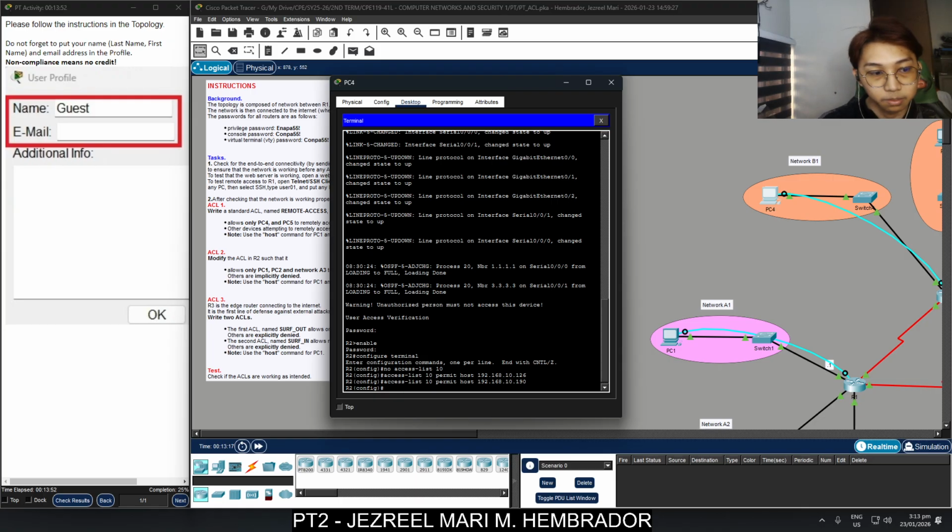And then access-list 10 permit... oh, there's no host, so we're going to delete that. So that's 192.168.10.192 0.0.0.31.